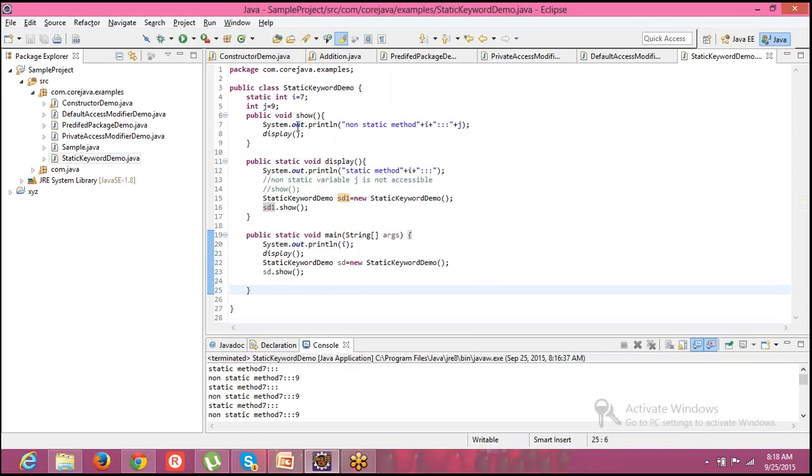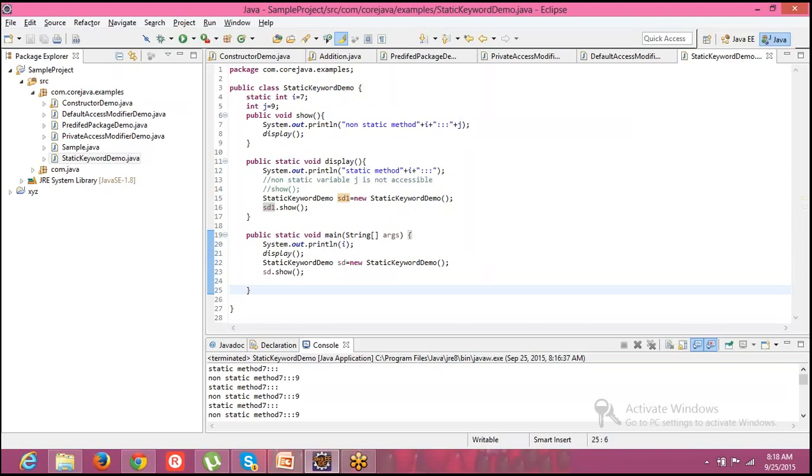Now here again you have a call to the display method, so that means it is coming here. Inside the display method, again you are creating an object, and again with that object you are calling show. So again it is coming here, and here it is finding the display method, and again it is coming here, and here it is finding show, and it is going here, and again coming back and going back, coming back, going back.